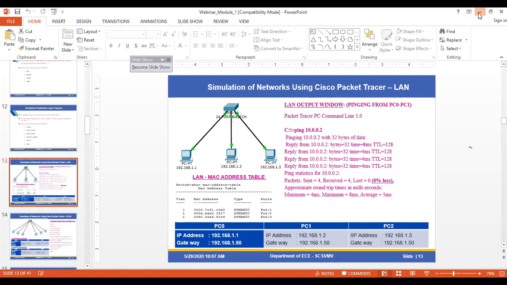Here the important point is that there are two workspaces. In the logical workspace, we drag and drop the devices and construct the network, and you can make the circuit connections by using this logical workspace. Then one more workspace is there, the physical workspace. In this physical workspace, you can paste a background image, for example, if you go for a smart factory, smart city, or smart home network, you can use this physical menu.